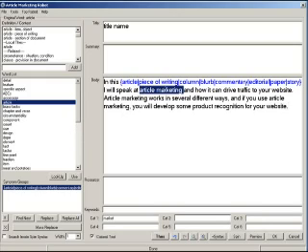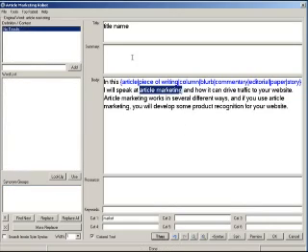I'm going to highlight the two words article marketing, and I'm going to hit the source. Now, you can't expect any results to come from that, but what you can do is you can insert words